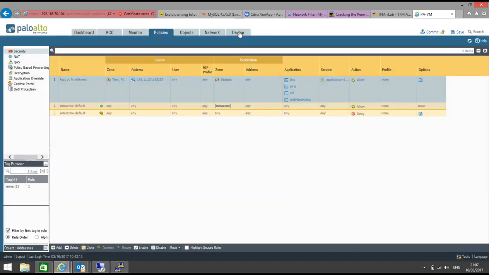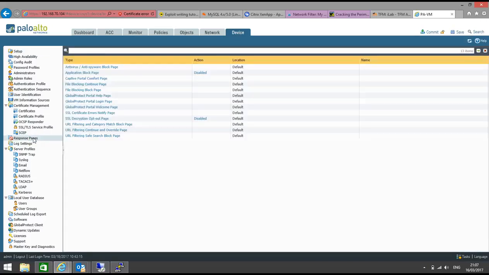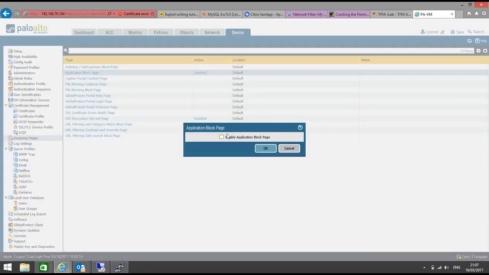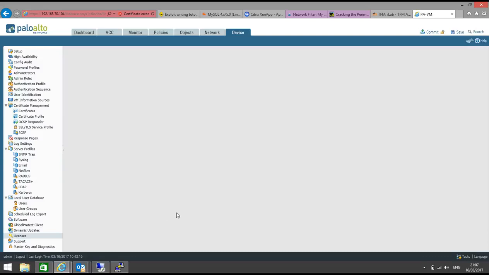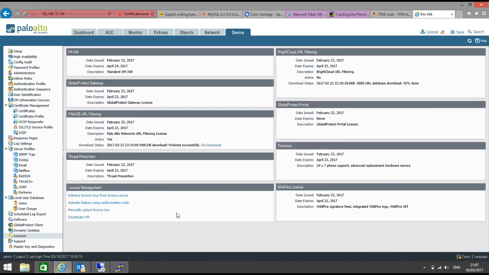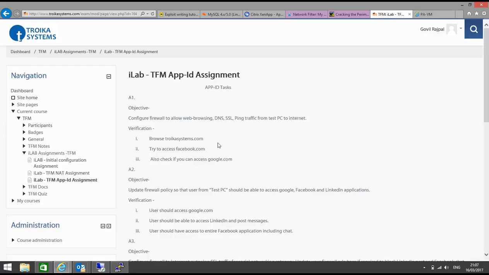and go to Device, Response Pages. I want that if an application is blocked by the firewall, we should be able to see the block page. So the application block page has to be enabled. Enable this, and before that let me see if I have a valid license or not. Go to Licenses, and I have a license till April 23rd, so the license is good. So let's commit the policy, and once the commit has been done we will run these three tests: troikasystems.com, facebook.com, and we have to browse google.com